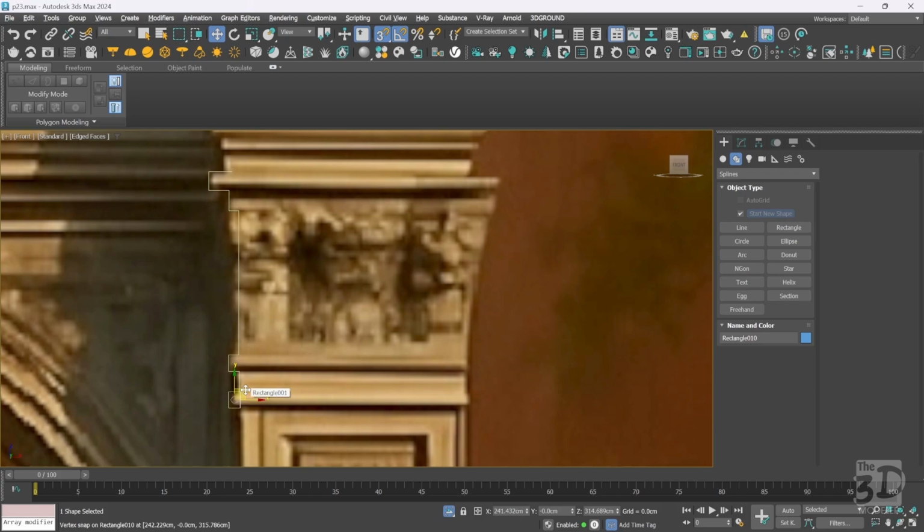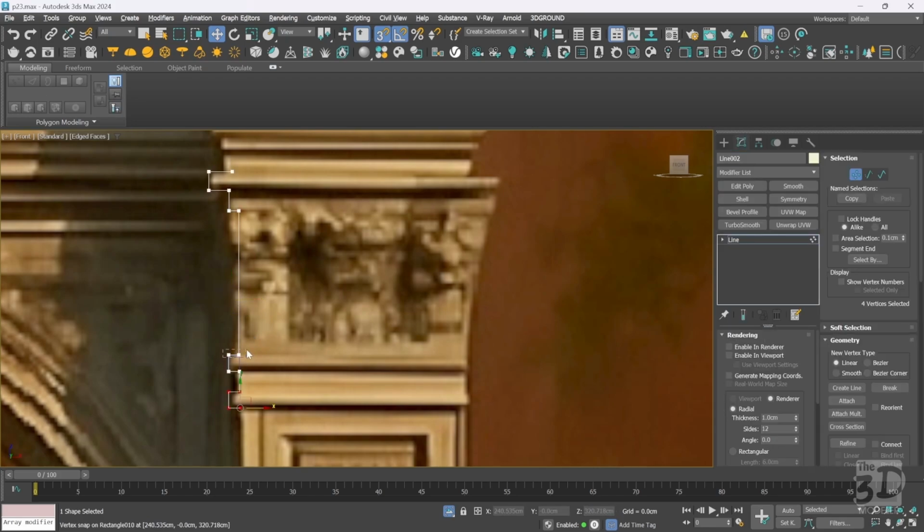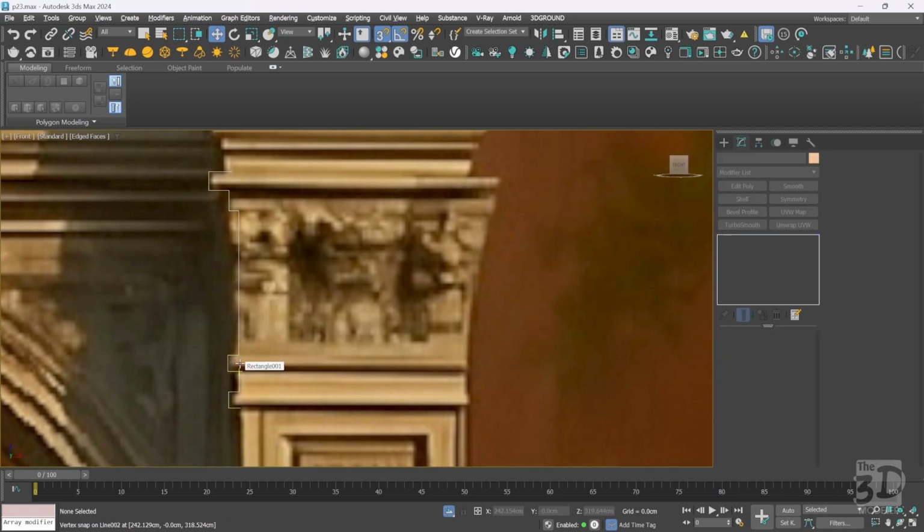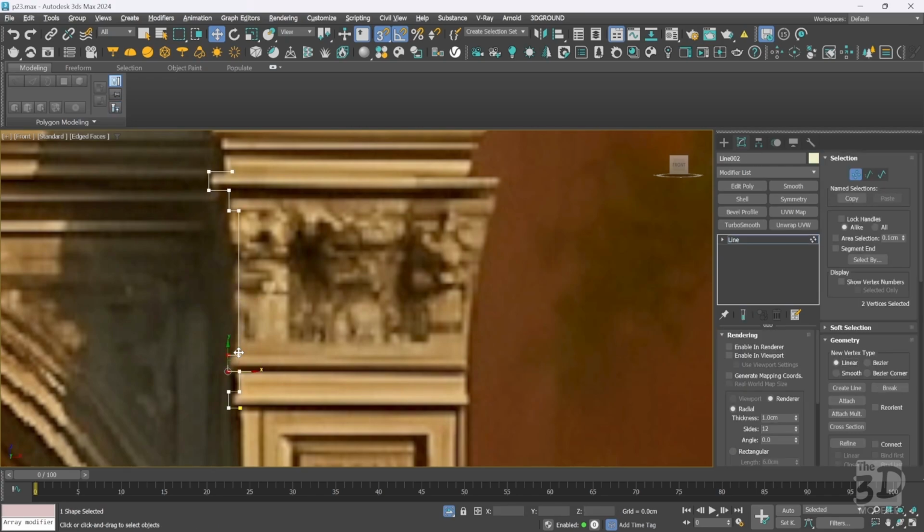Then let's snap it to the other element like this, and let's adjust its dimension. Now let's delete our reference rectangular spline, and let's continue refining